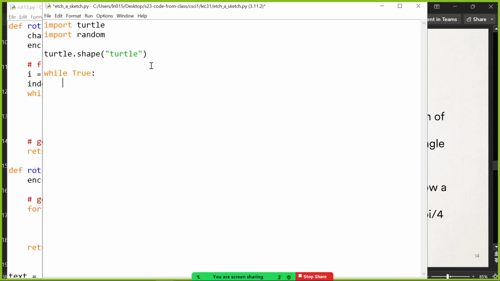Go forward, turtle, by a random amount, and then turn by a random multiple of 90 degrees. So it's always like a line. But you could do some other random multiple, maybe 45 degrees, it might look cooler. I don't know.